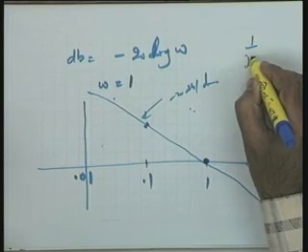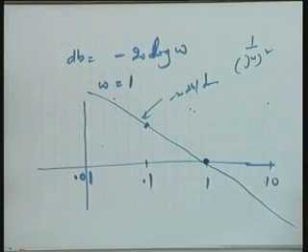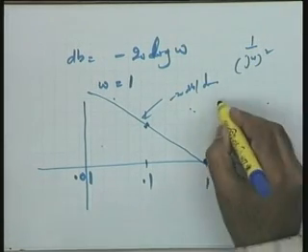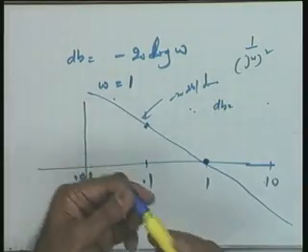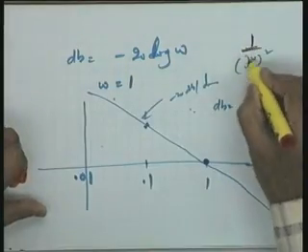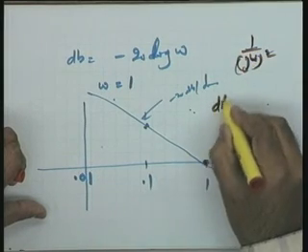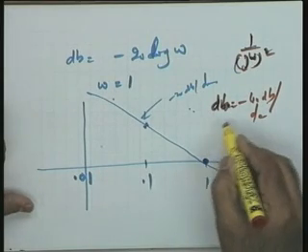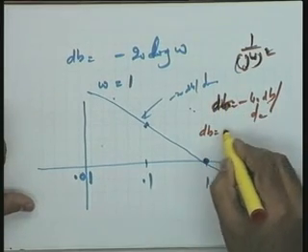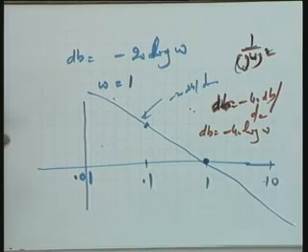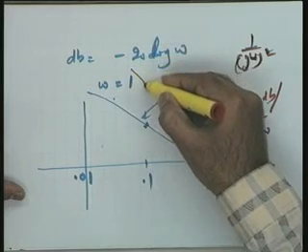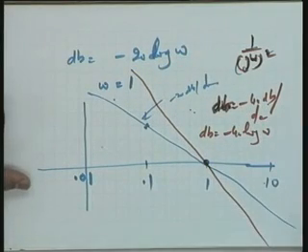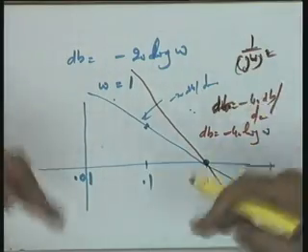Help me now, what is 1 over j omega squared? 1 over j omega squared identically. Now it is going to be dB equal to, or let me just change the color so that you know that a different situation is being discussed now. Minus 40 dBs per decade. Exactly the same thing now, because your magnitude is going to be dB equal to minus 40 log omega. Again you will pass it through omega is equal to 1. So it is going to be now a line of minus 40 dBs per decade, and let me tentatively take this line. And similar is the situation if you take this to be in the numerator.